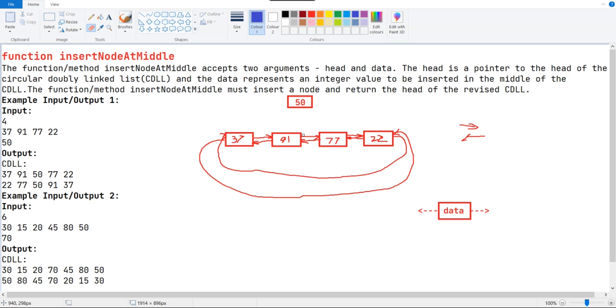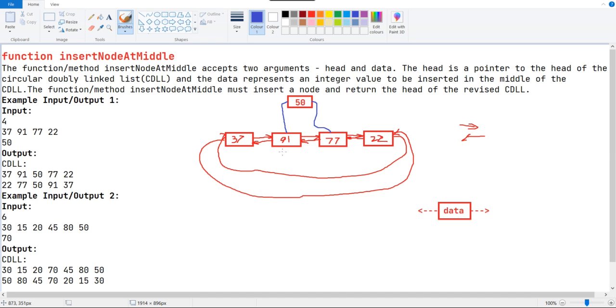If I do that, the circularly doubly linked list gets broken. So before erasing the connection between them, we need to make some connection with the help of the new node. So the new node's next will contain this, and the new node's previous will contain this.